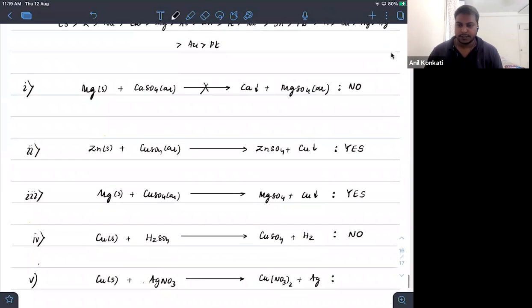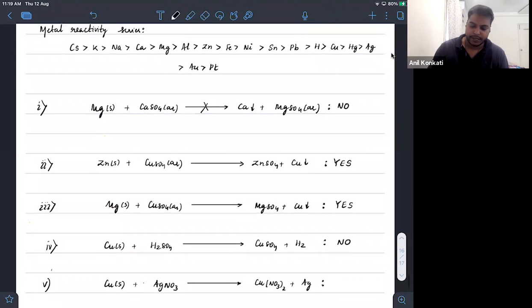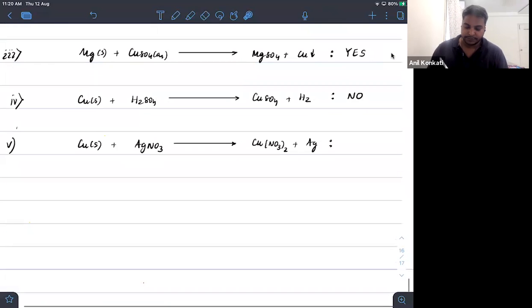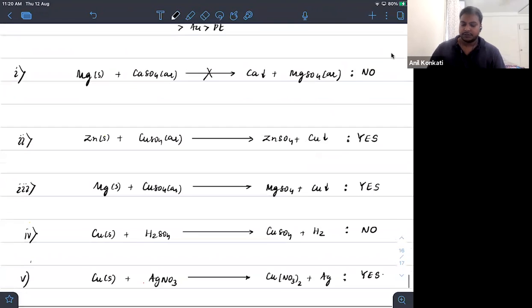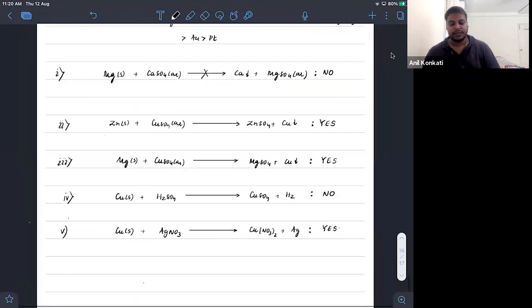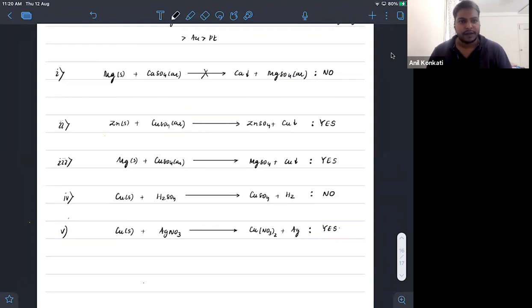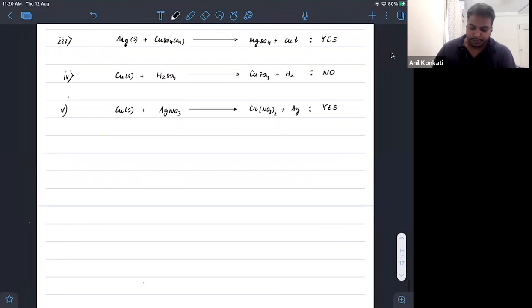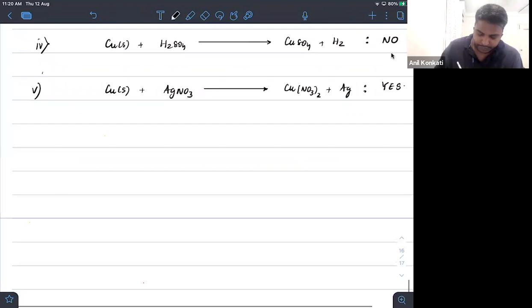Yes, now the answer is correct, beta. Whatever you have said is right. See, copper is definitely more reactive than silver. So copper तो definitely silver में dissolve हो जाएगा. So therefore copper is getting dissolved in silver. So this is a correct option. Yeah. So like this, you should be able to figure out how the reactivity is and whether the reaction is possible or not. Okay. Similarly, if you see the reactivity series